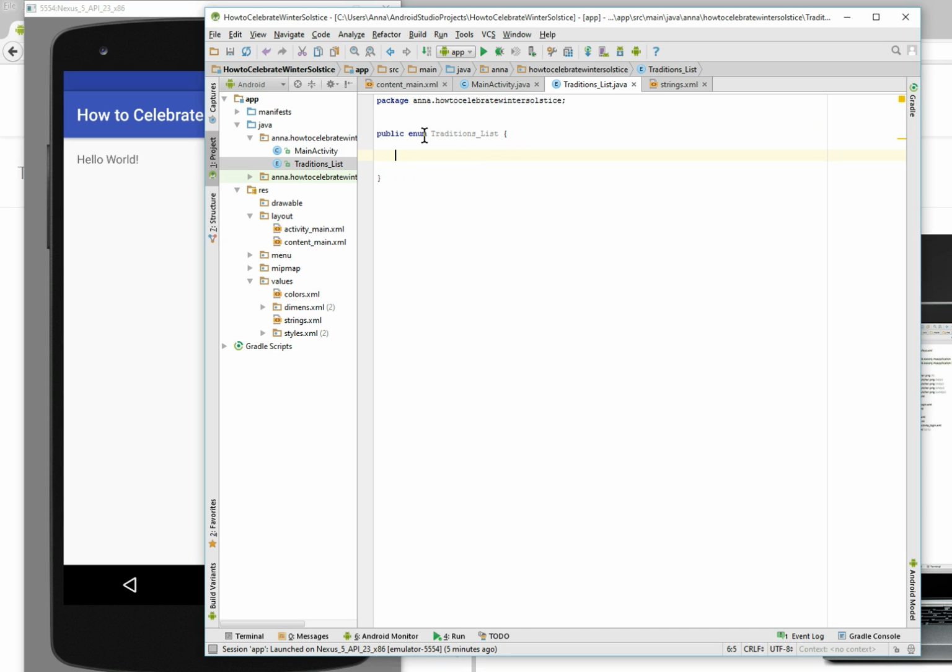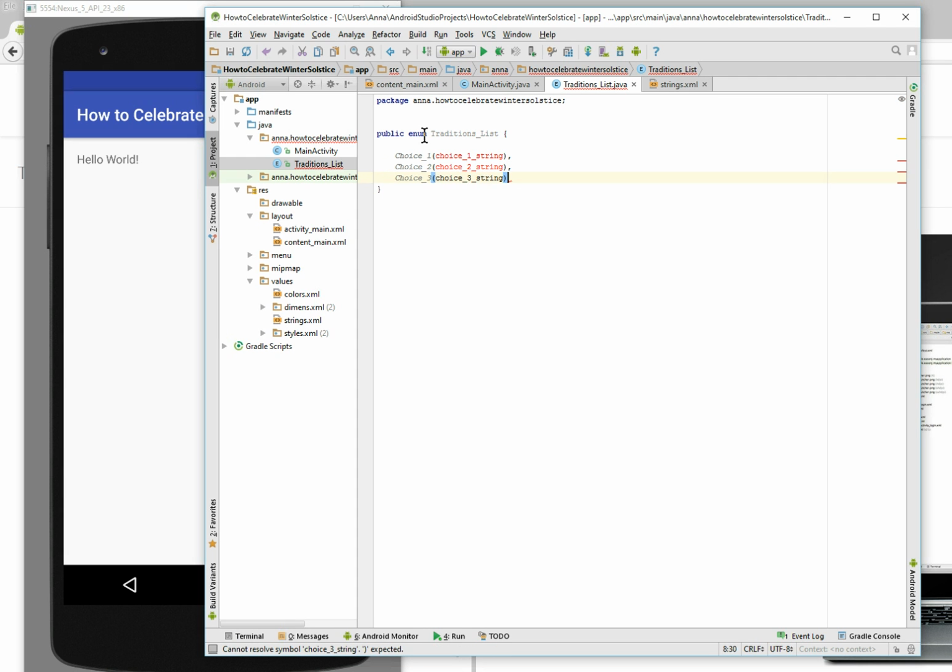And we'll have to list out things that people do to celebrate winter solstice. So, choice one, let's just think of some things. Oh wait, we need to put strings here. So obviously, choice one string. Sorry, just realized. Good programming. So choice two string, and let's just do three things. Choice three string, and of course it will be complaining at us because